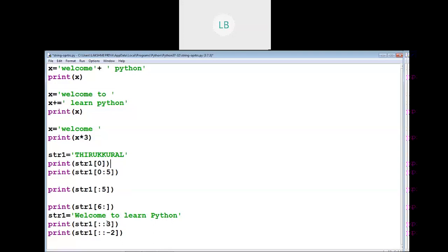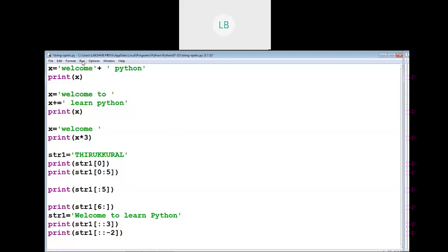In the first example, we have given the stride value as 3. In the next one, a negative number is given. So we can mention a negative value as stride. The strings will be processed and the characters will be displayed in the reverse order.